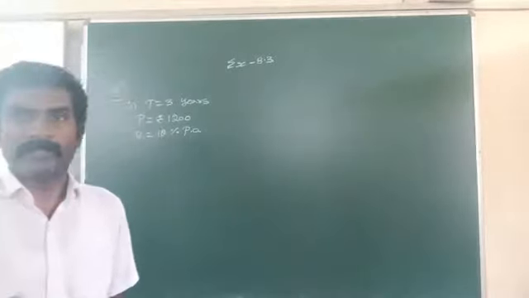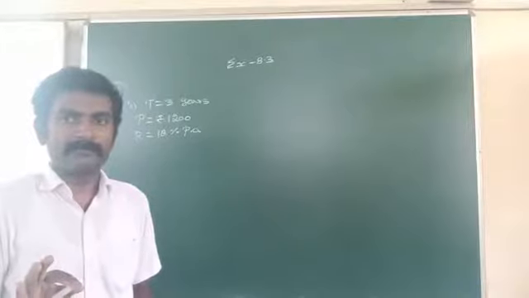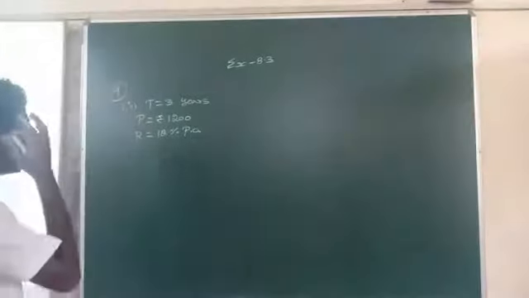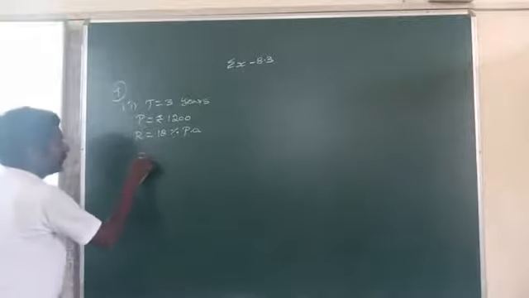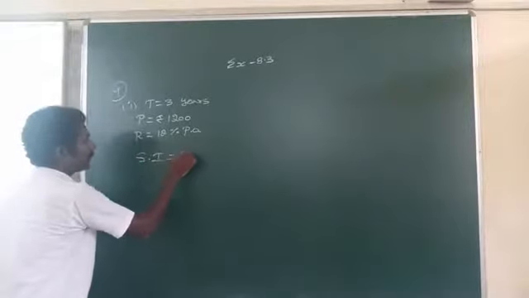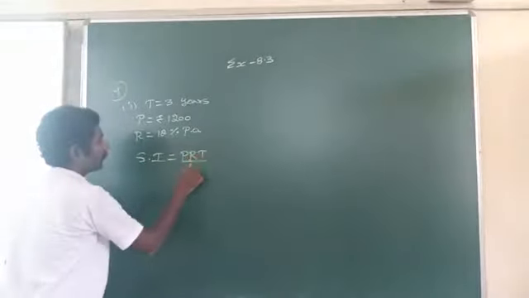At the same time, if you are taking a loan from a bank, what do you have to do? When we are depositing, they pay interest to us. When we are taking a loan, you have to repay the borrowed amount along with the interest. Now, what is the simple interest formula? SI equals PRT by 100.